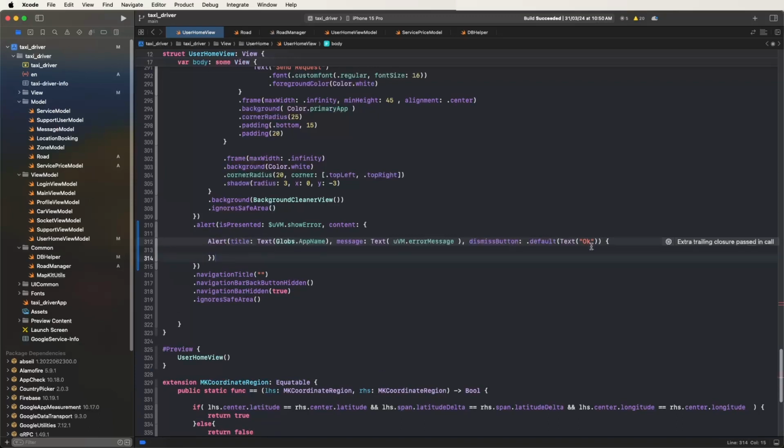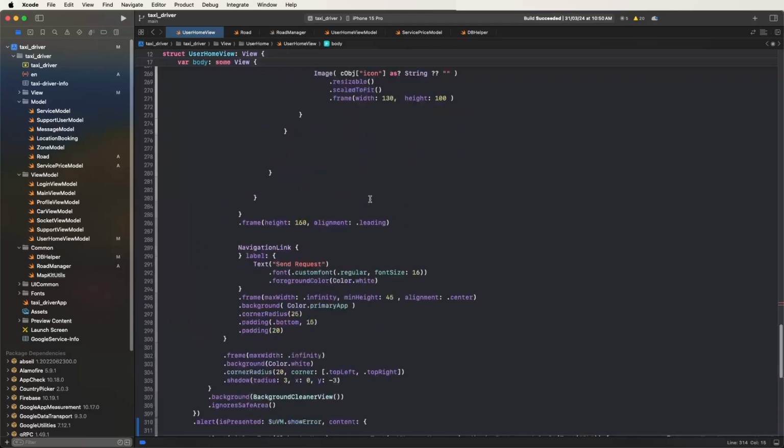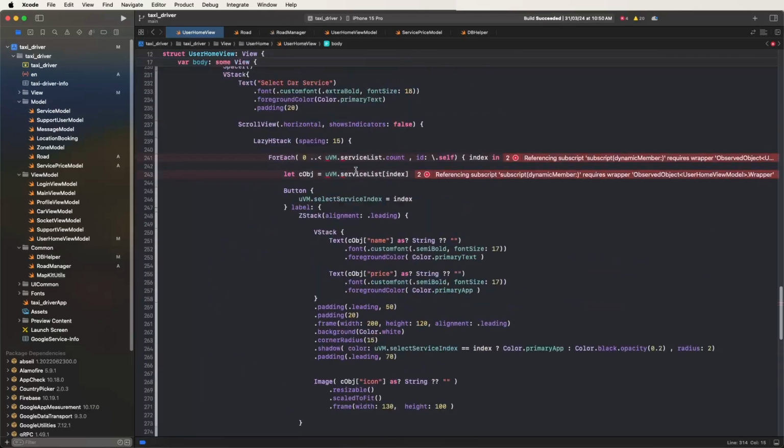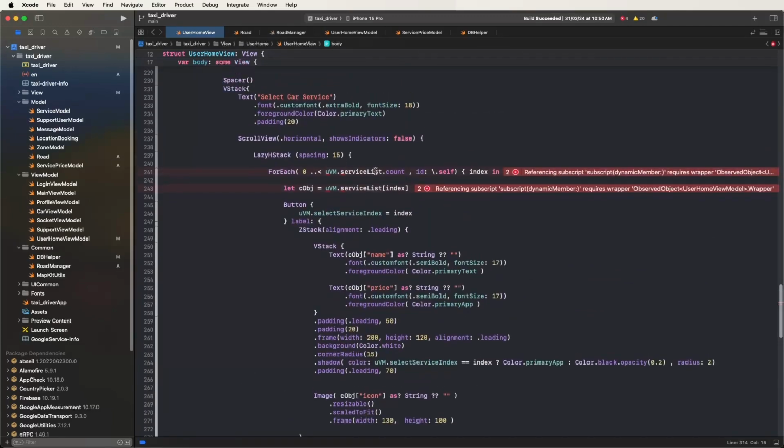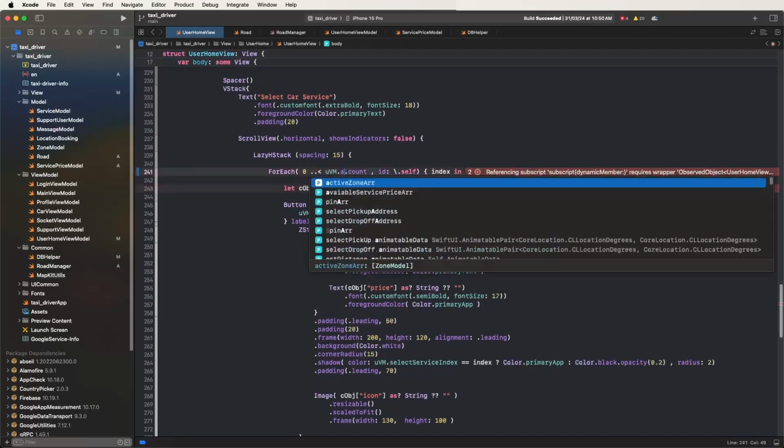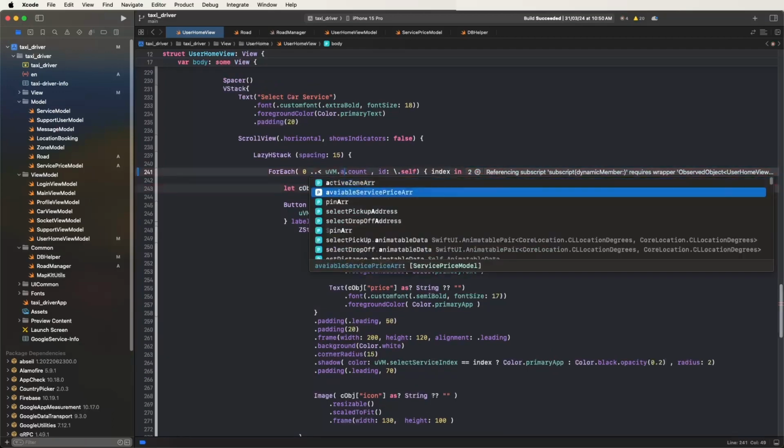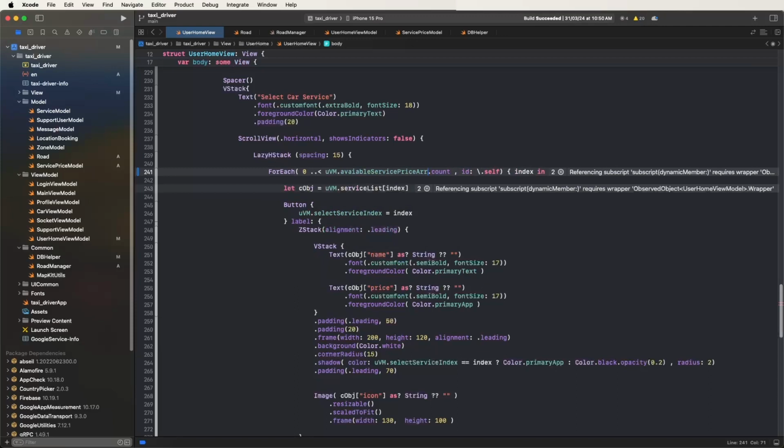For these buttons, we need to configure this data, and now we need to show the pop-ups and fix the error. First of all, we need to give the available service price. We need to set this array, and also copy and paste this here. Now we need to give the service name,